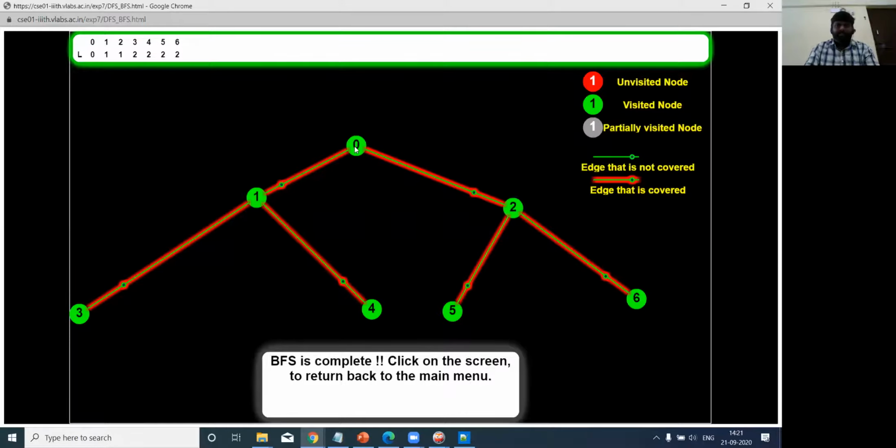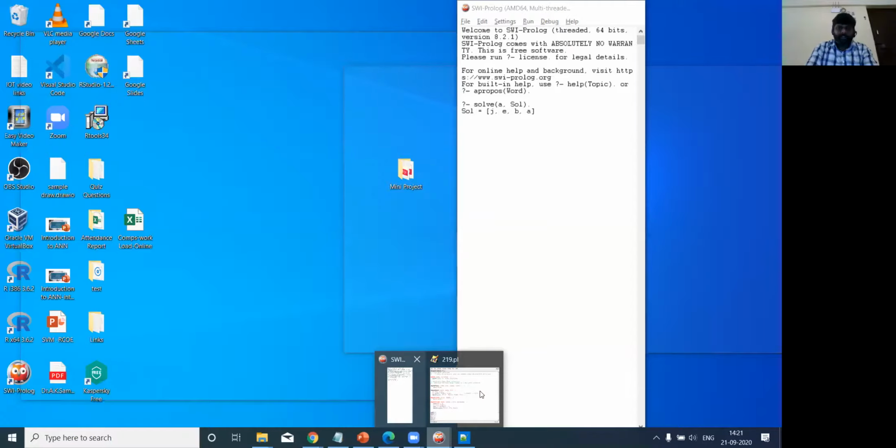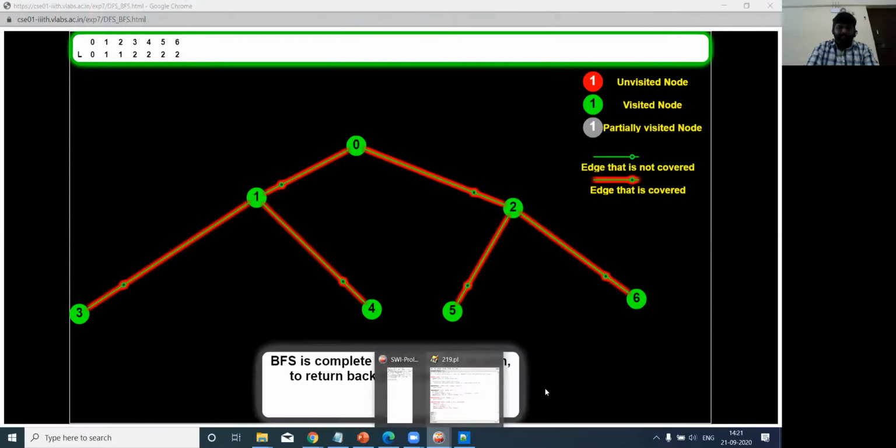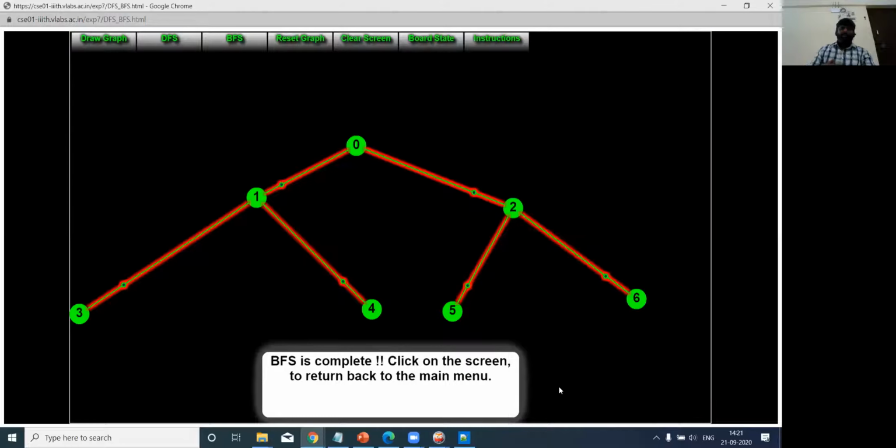So the breadth first search as well as the depth first search are used based on different applications, right? Do you have any doubt with the theoretical concepts related to the breadth first search and depth first search?